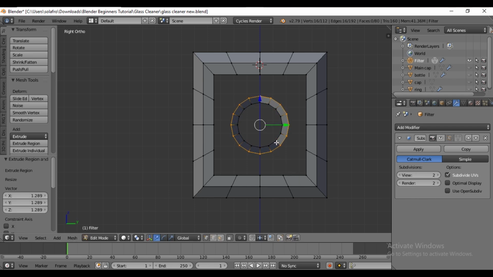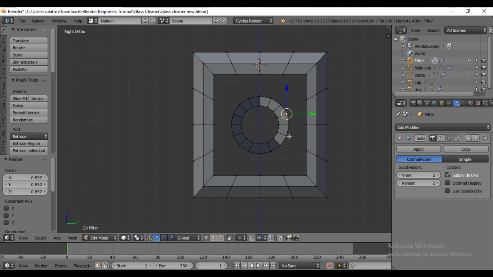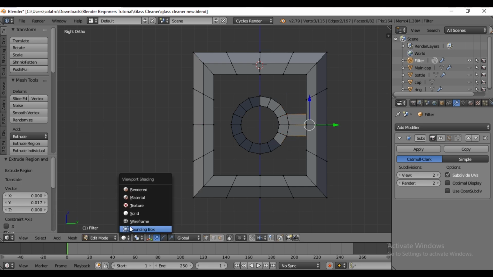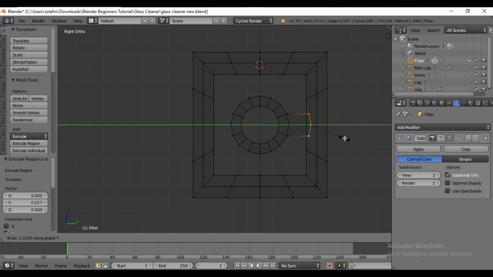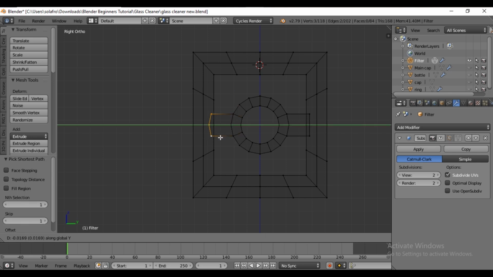Use the Alt key to select the circle loop. Scale it again with S. Select 2 vertices to form a cross. Extrude in the Y-axis within the cube. For better visibility, switch to wireframe mode. Make it flat by scaling along the Y-axis to 0. Then do the same for the rest.